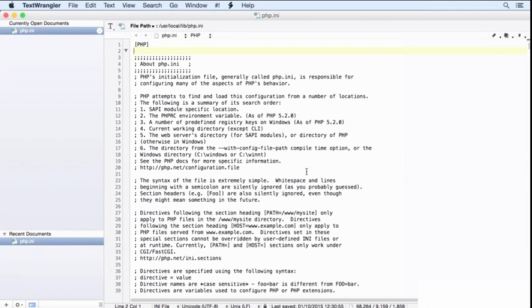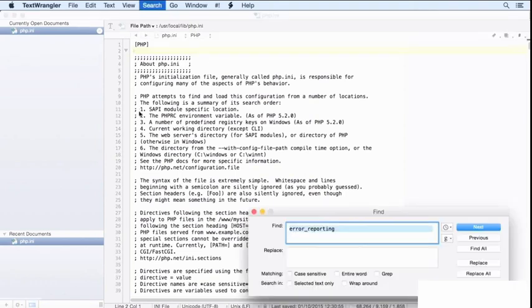And because I've been working with php.ini, it's already loaded into TextWrangler. Lines that begin with semicolons, like all of these lines here, are comments. The configuration commands are on lines that don't begin with a semicolon. And because it's such a long file, it's best to use the script editor's search command to find the configuration setting you're looking for. So I'm going to search for